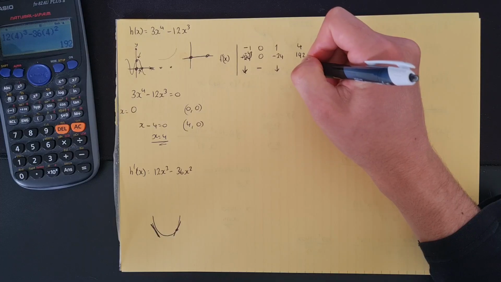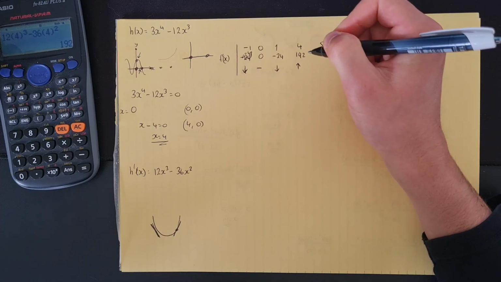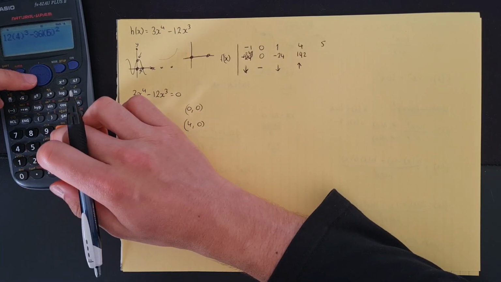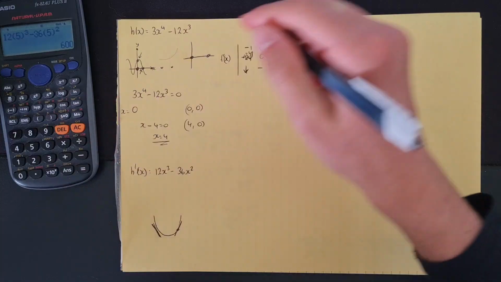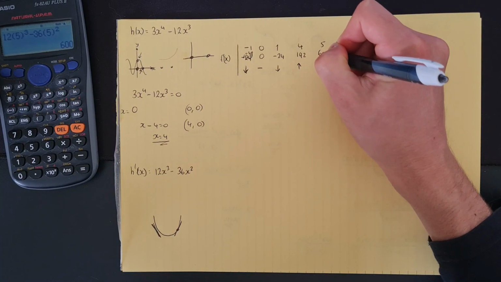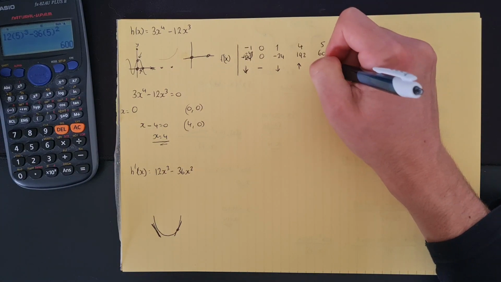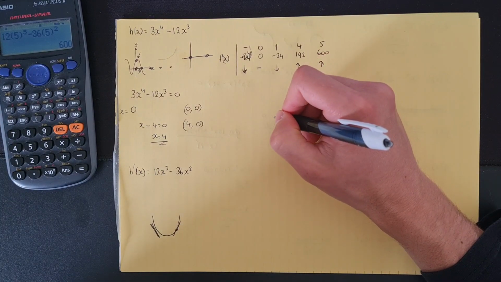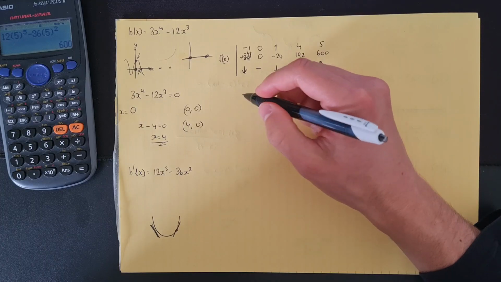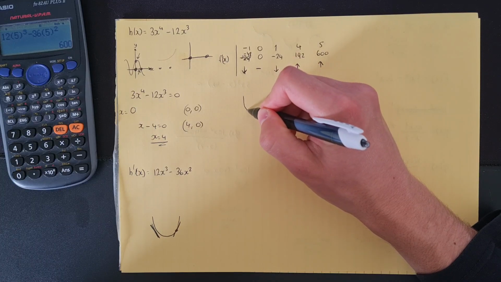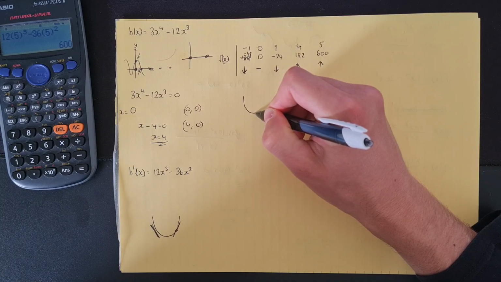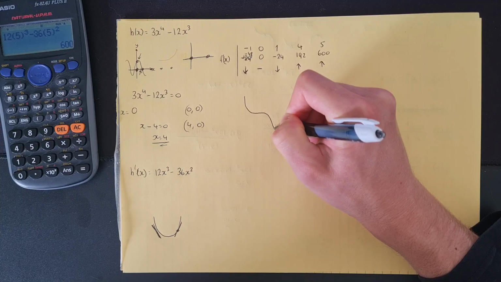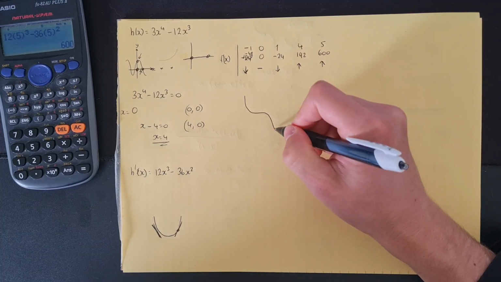Okay, so this means here now it's increasing. And then if we enter in 5, the first derivative is that, and that's also increasing. That's still increasing, okay? So what we're basically seeing then is that we had this downward curve, then it went like that, the gradient was 0, then it continued going down, and then